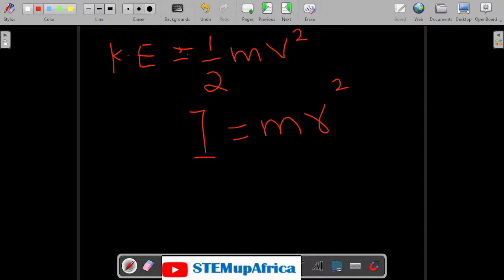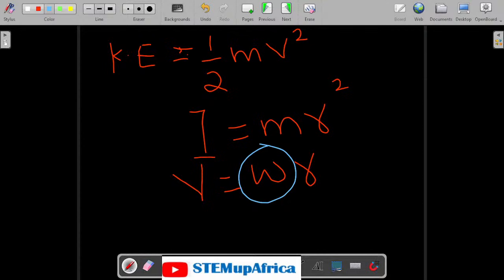Okay? So we are also told that V is equal to angular velocity times radius. This is the relationship between linear velocity and angular velocity. Linear velocity is the V, while the angular velocity is our omega, which is this symbol. This is our angular velocity. The relationship between them is